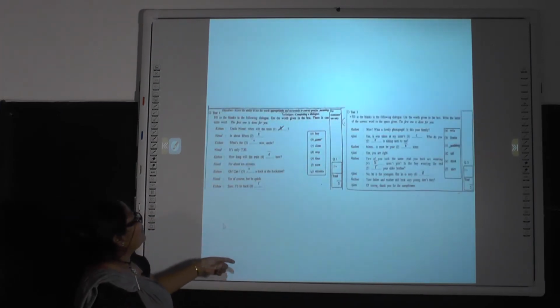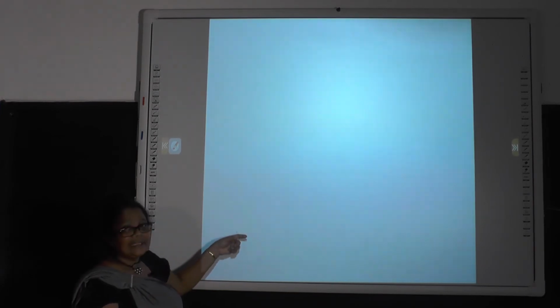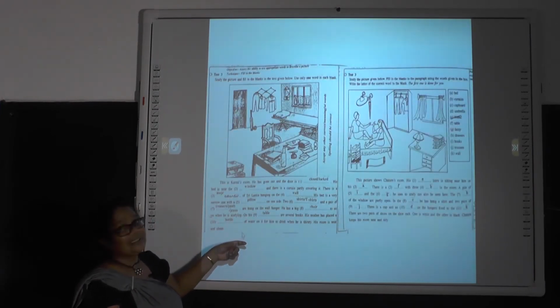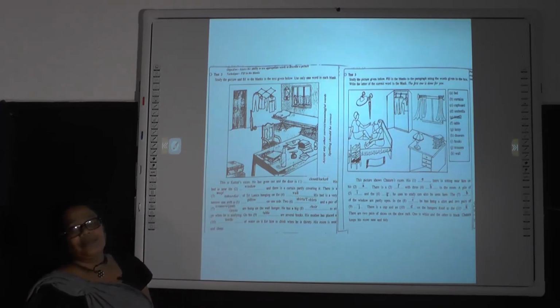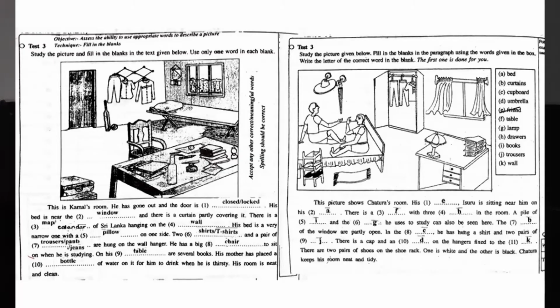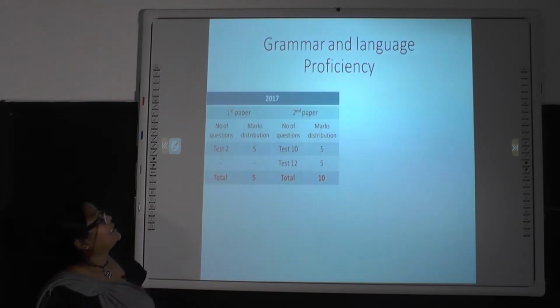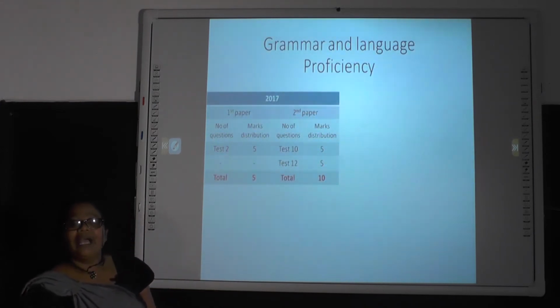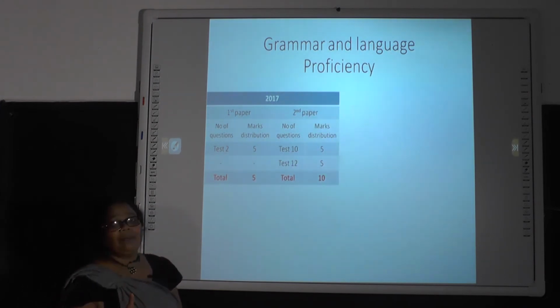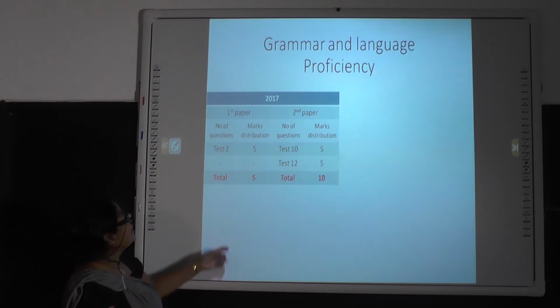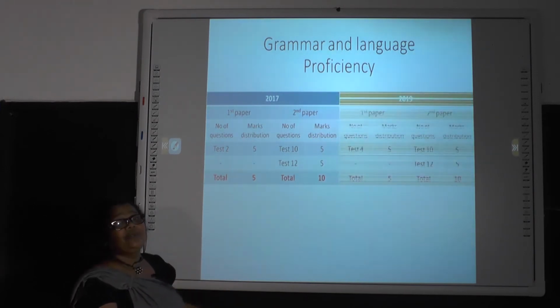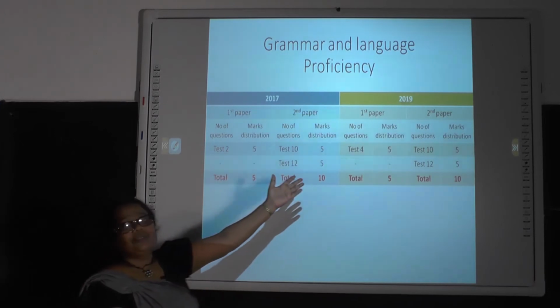Right, now they are the examples given. You can just get help of your teacher and please move on these questions. Now you see this is test 3. Even we can predict that even 2020 paper you can see the picture, I mean that there may be a picture description under the same test number. The next thing is that is grammar and language proficiency. Remember, I told you earlier in your first paper, only one question it carries, and the second paper there are two questions. Now that is 2017 and 2019.